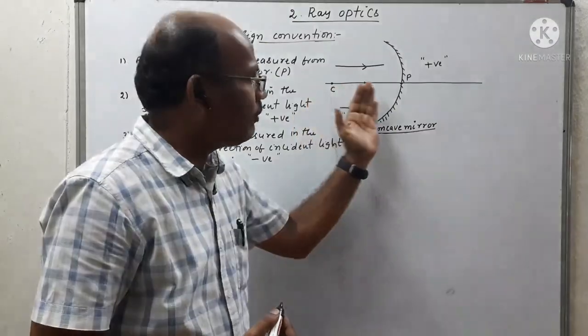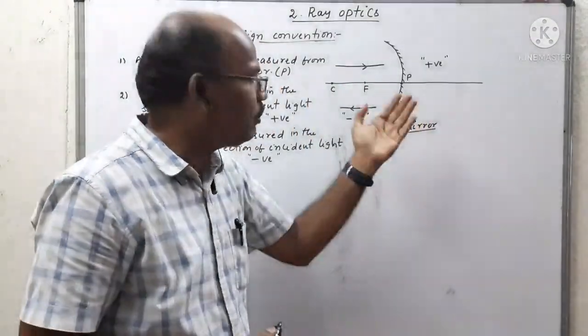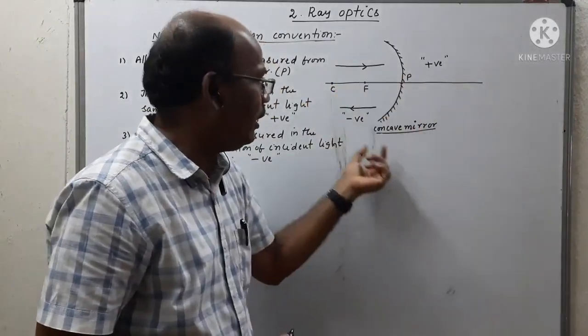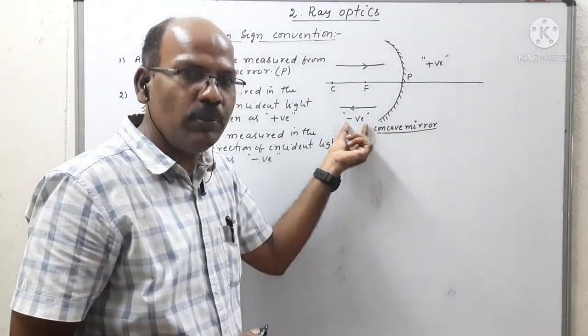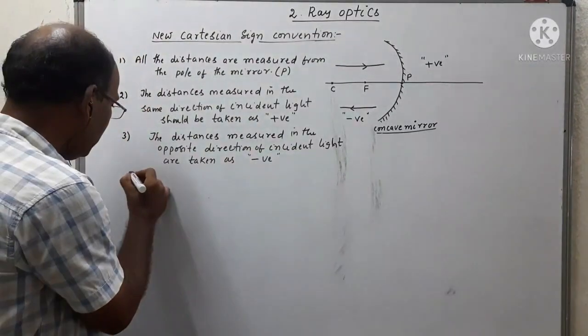So the light is moving from left to right. Suppose you want to measure the distance in the opposite direction of the incident light, these distances are to be taken as negative. And the fourth one is